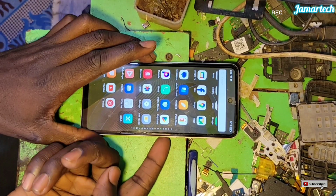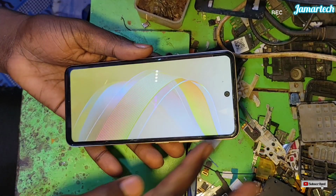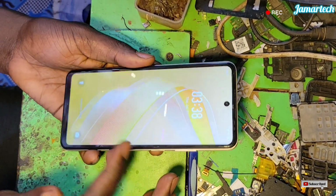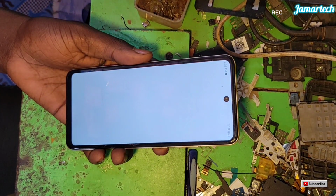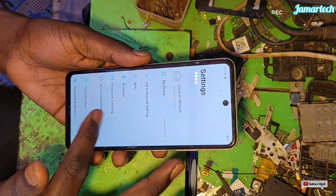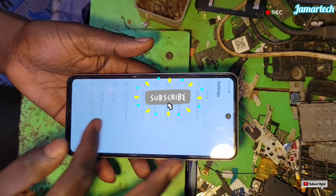Let's check whether it's working. So this power button. It's not working. Power button. It's not working. Mashallah. Scroll down. Settings. Power button. Mashallah. So that is